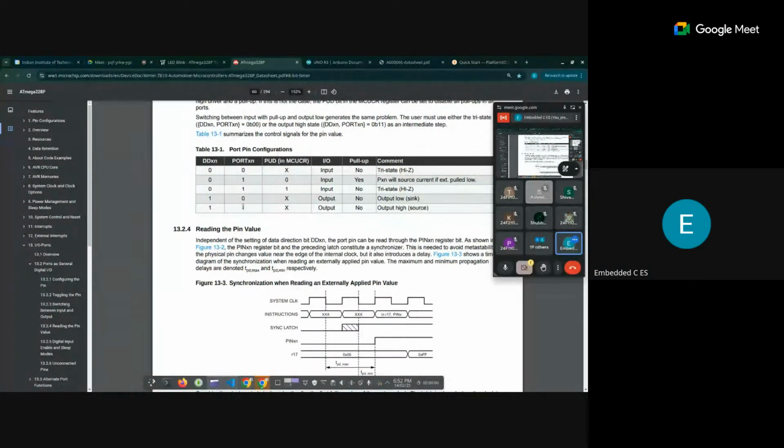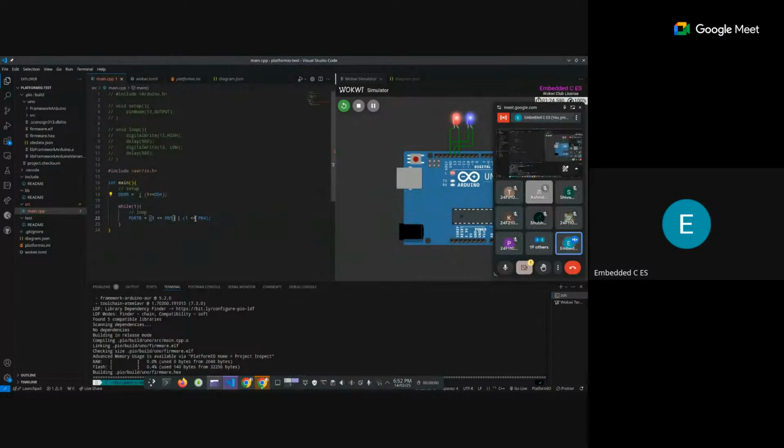And by turning on this PORTB, we are making it high or low according to this. So now we have created this. To make this low, what should we do? How do we make this low? We make this low using resetting. So how do you reset pins? You AND with the